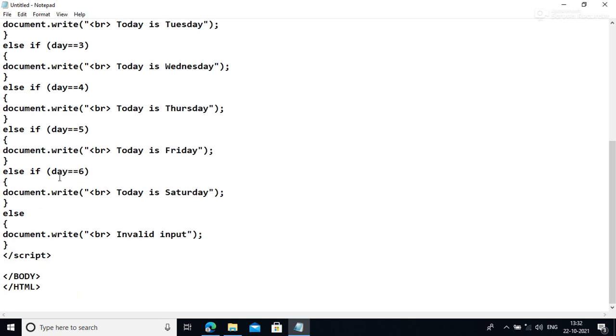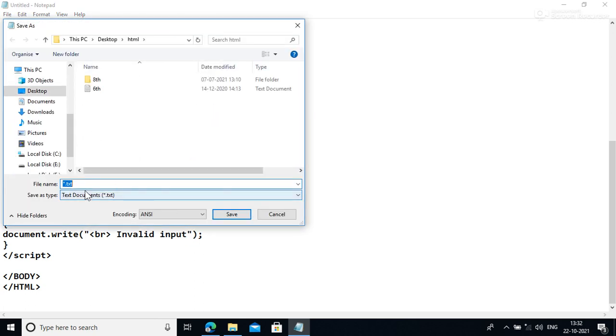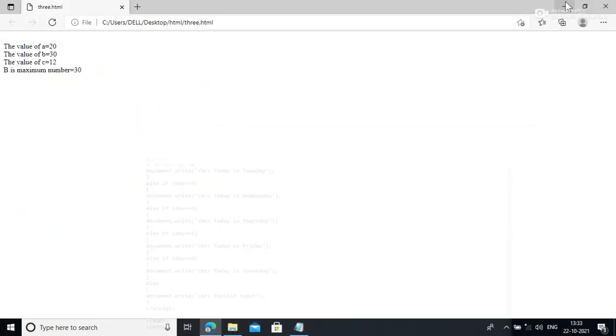And if you have done, save your program with a new name, with the .html extension, and execute it.